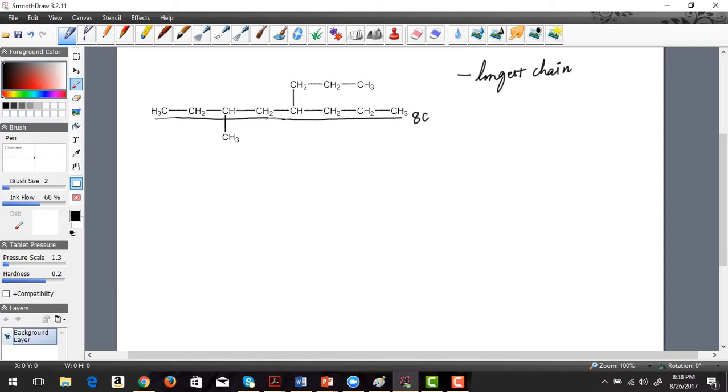Let's pick a different color just to see if we can get more carbons than what we have now. All right, so with that in mind,